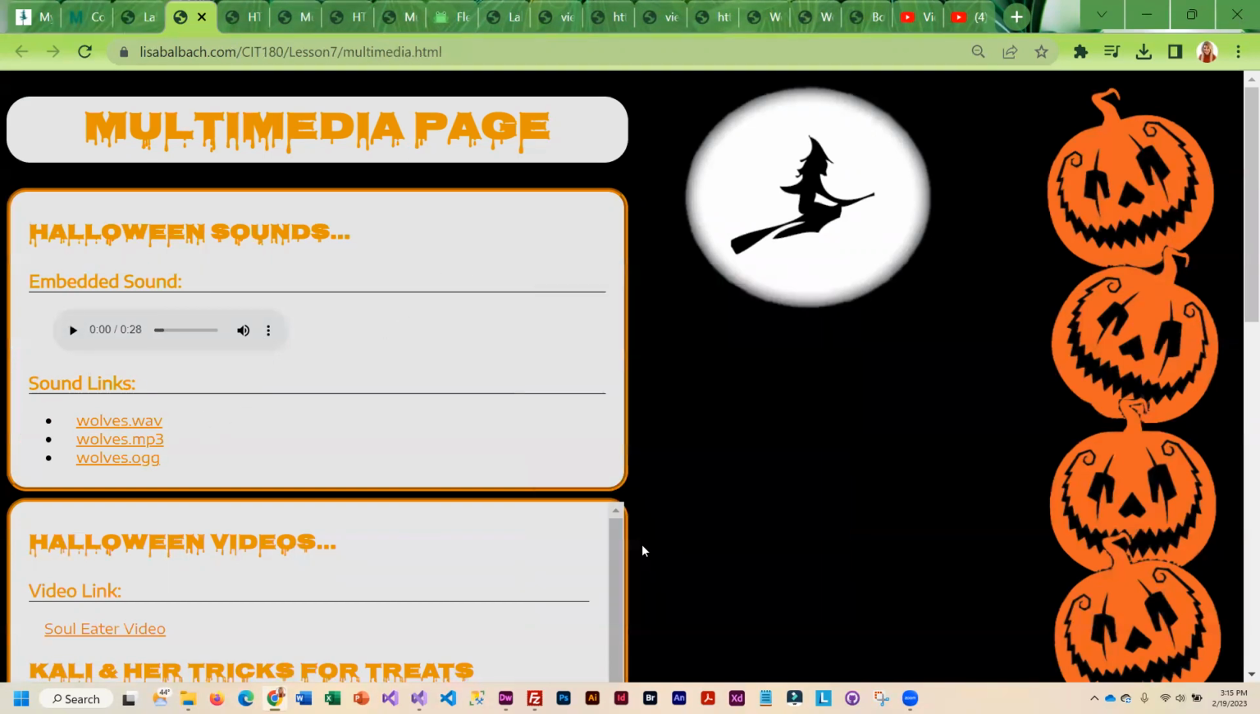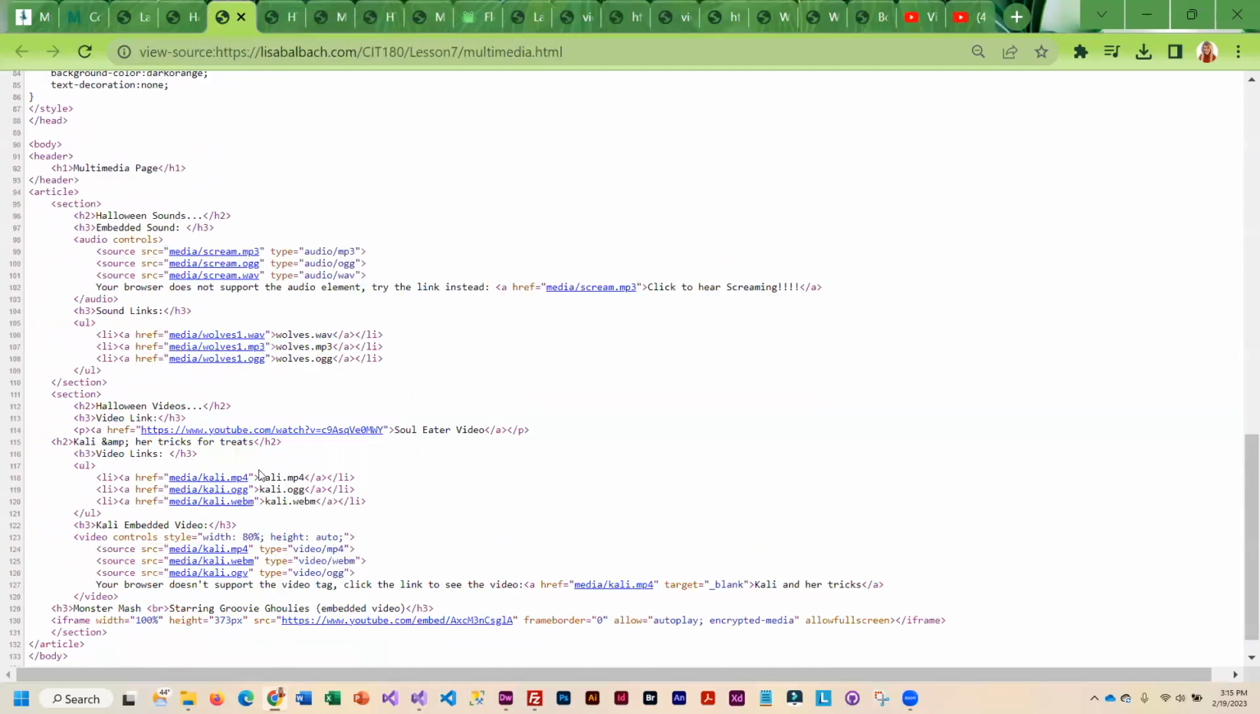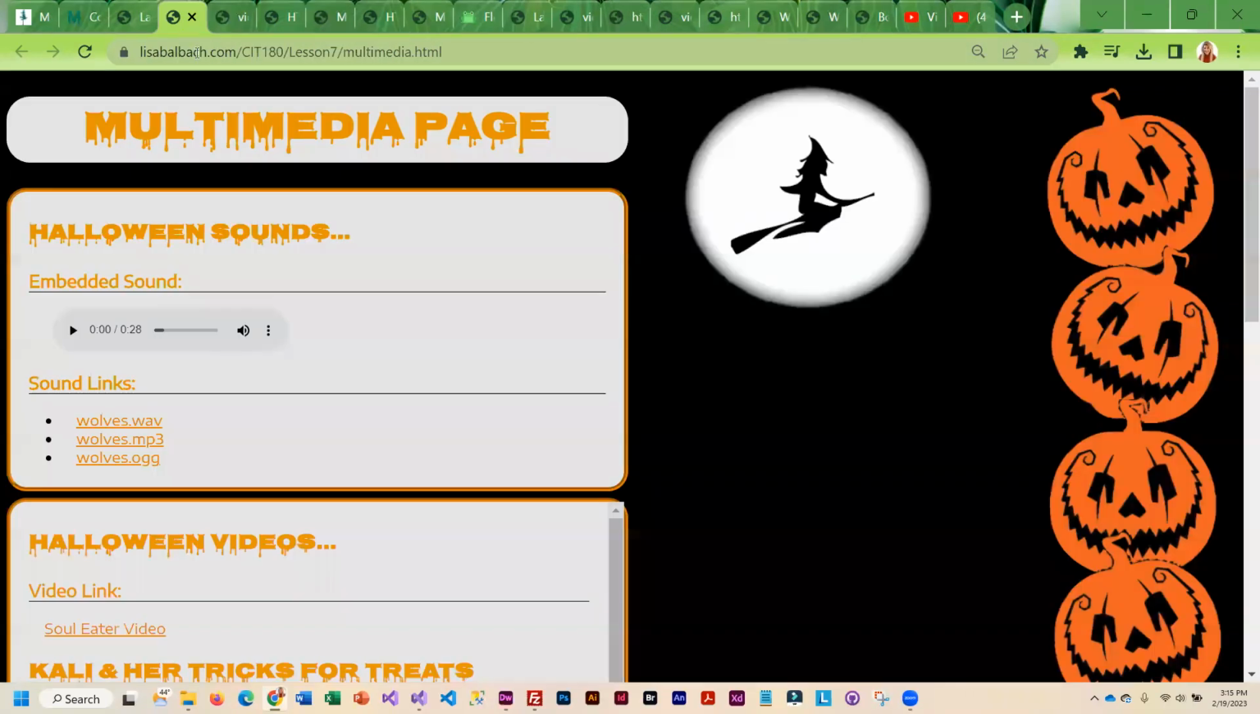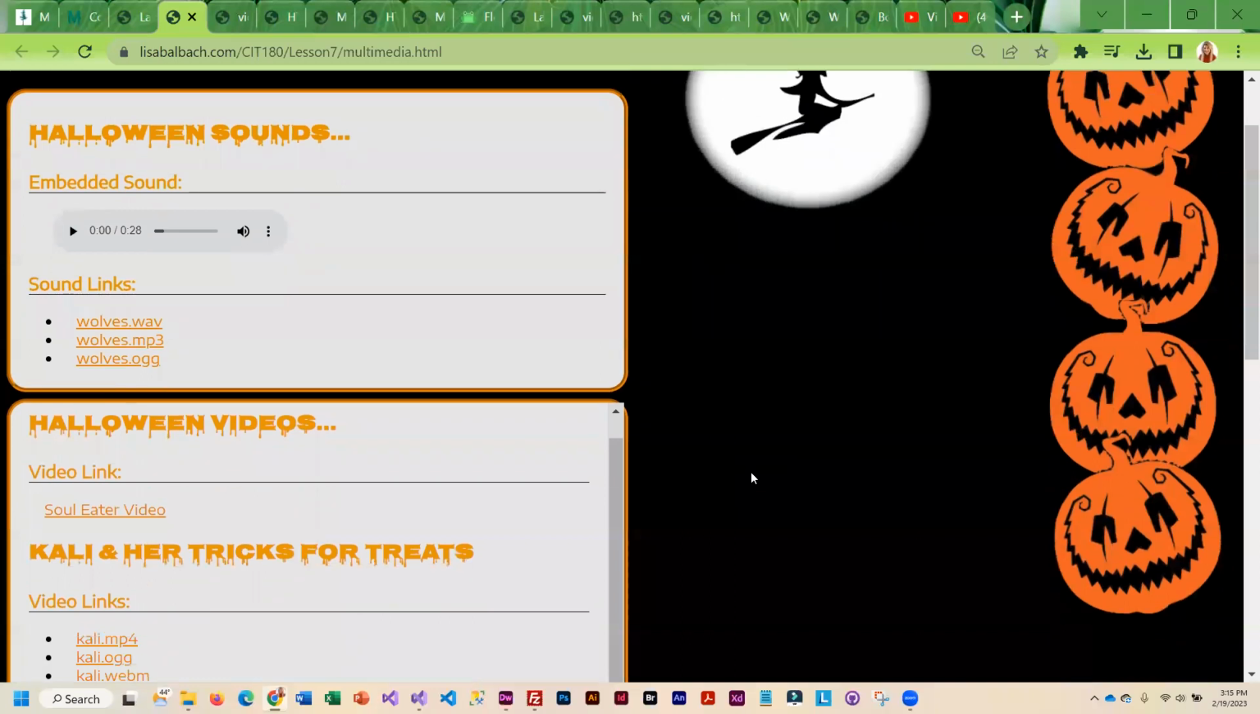In fact, if you view page source, I didn't use the same one, but you can see I've got 3 versions of a scream and wolves. If you wanted to put the 3 different wolf files here, that would be fine too, or your equivalent of the wolf files. And then for videos,